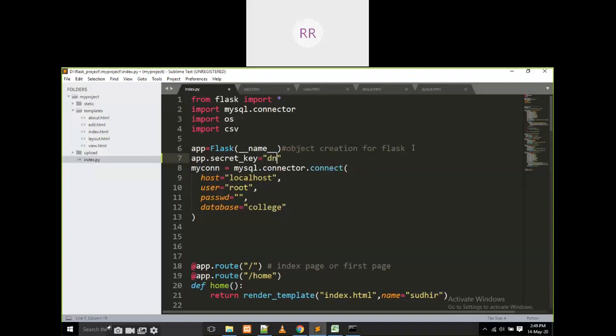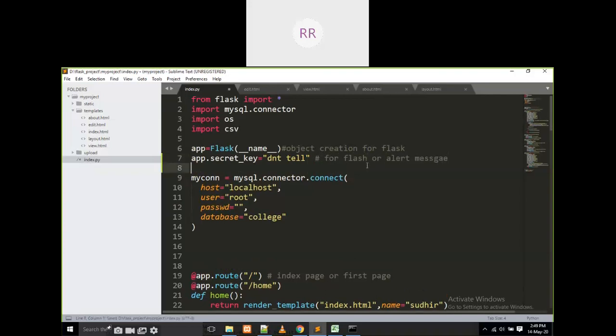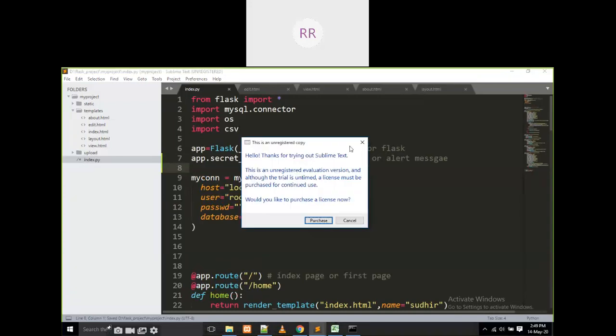No need to worry about the key. I'm writing it for flash or alert messages. A secret key is used for flash or alert messages. You have to write app dot secret underscore key is equal to some key, no problem.